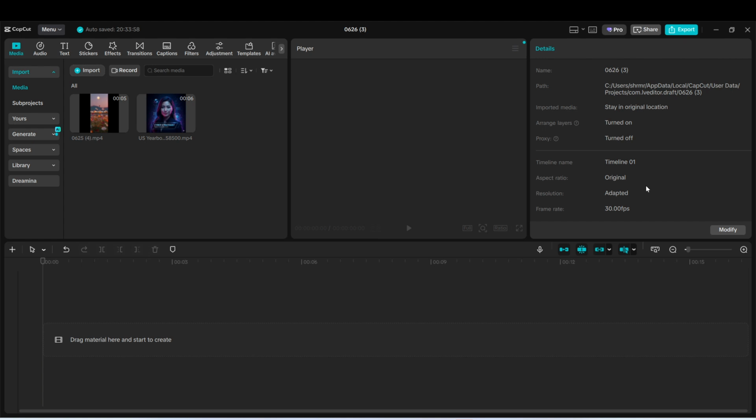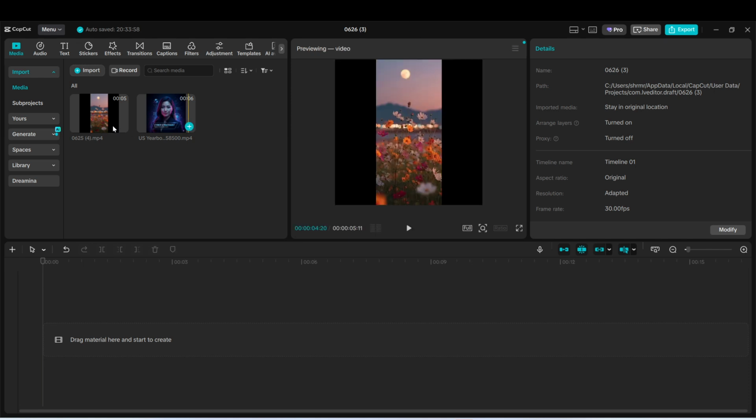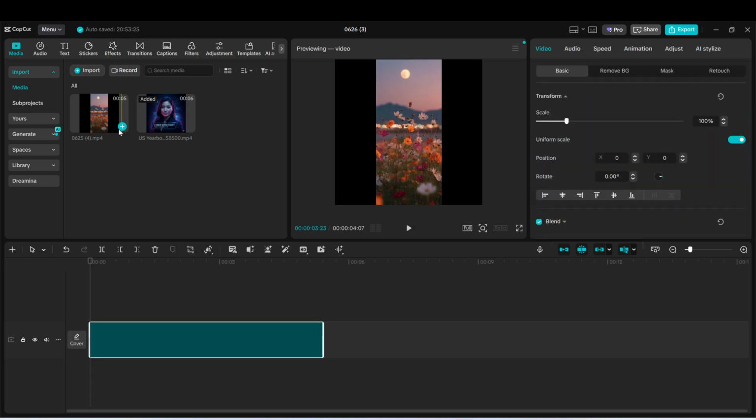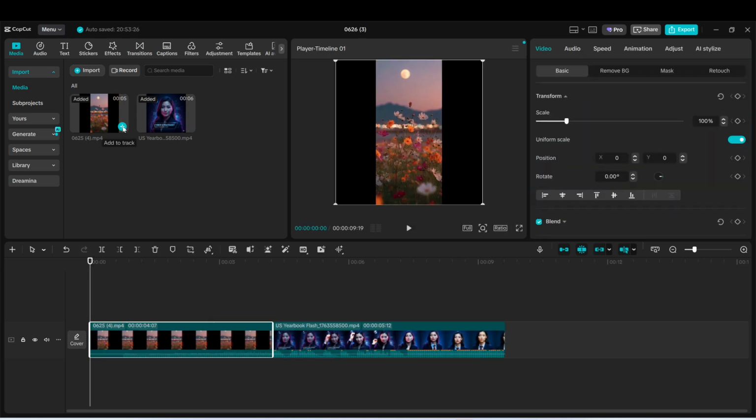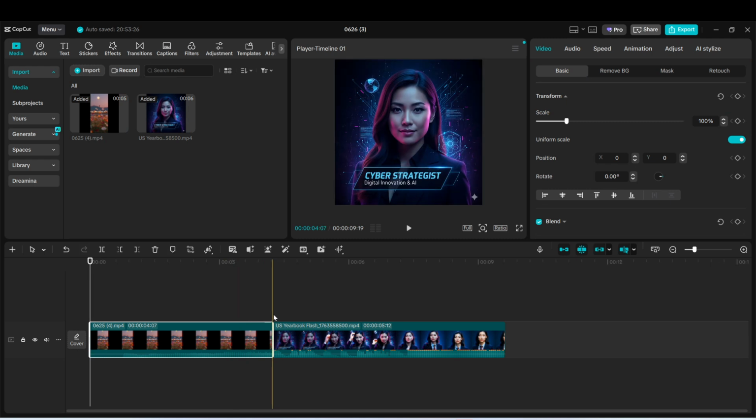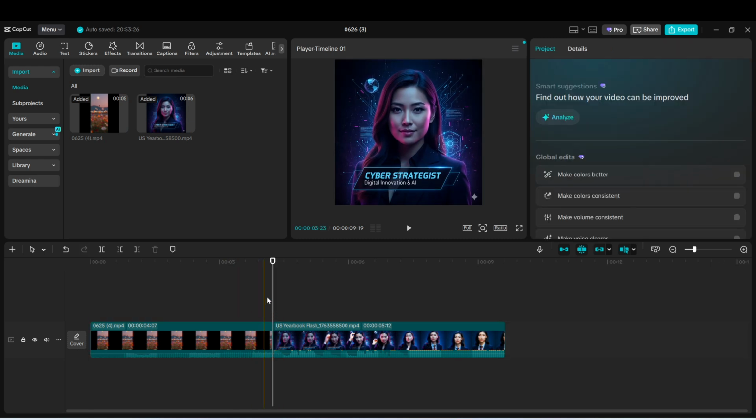Next, add 2 or more video clips to the timeline. Since transitions are used to connect clips, you'll need at least 2 clips placed in your edit before you can apply one. After adding them, make sure the clips are positioned right next to each other with no gaps in between. This is important because a transition needs a clean connection point between the end of one clip and the